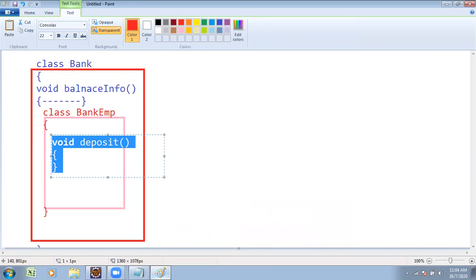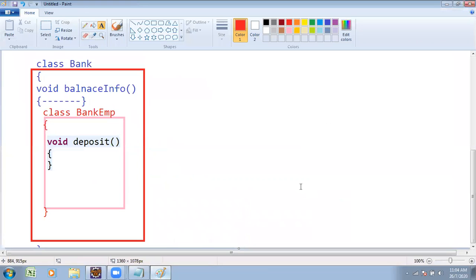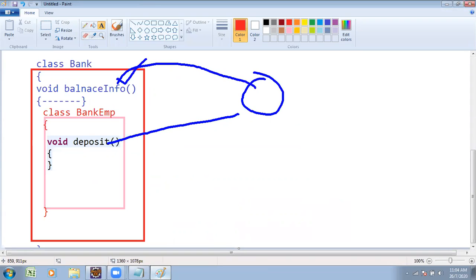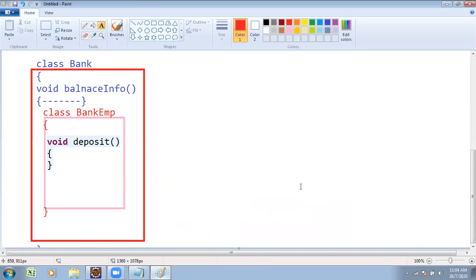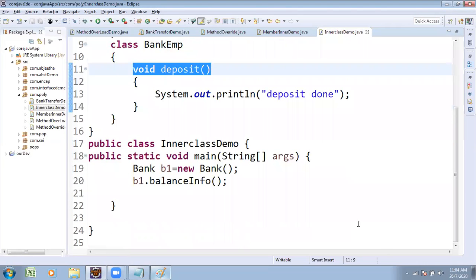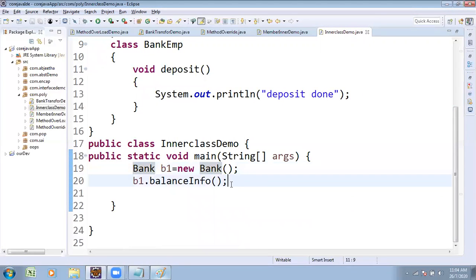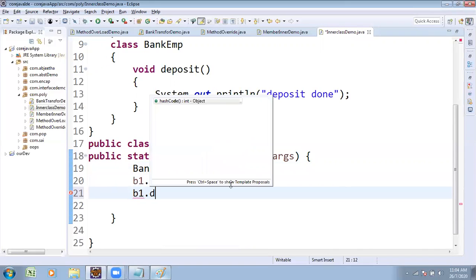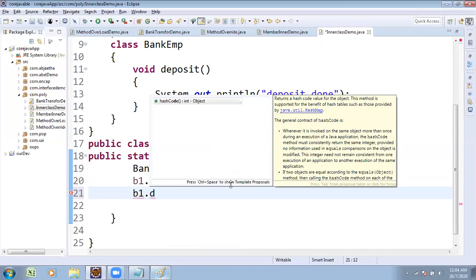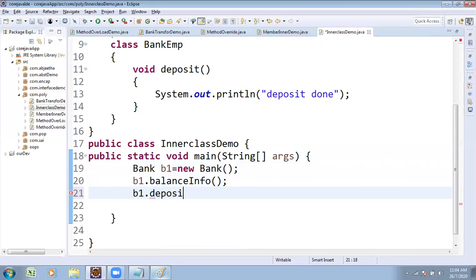Try to observe how to access which one; that is what we want to concentrate on from that point of view. Execution started from the main method. I am trying to call the deposit method: log in, create the Bank class object, and try to call the deposit method. Sitting at home, trying to invoke the deposit method. Possible or not possible?